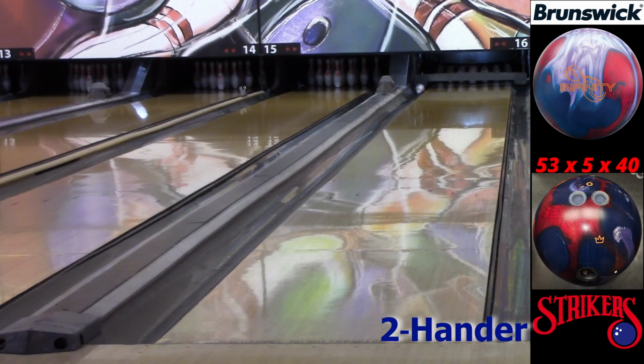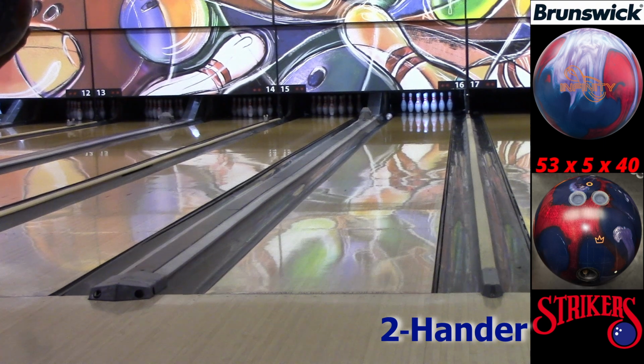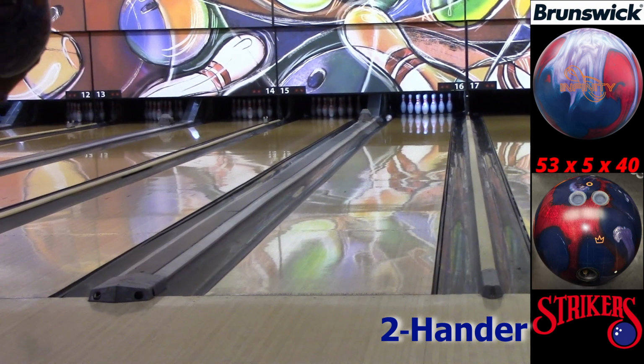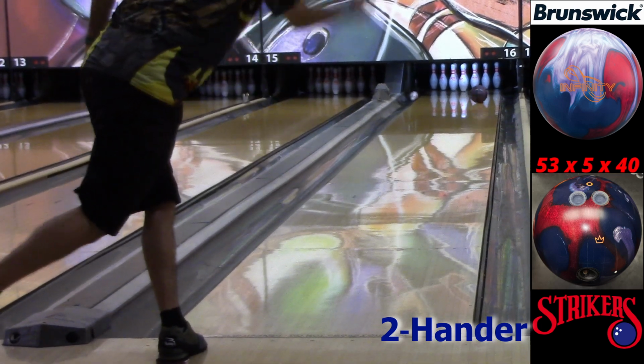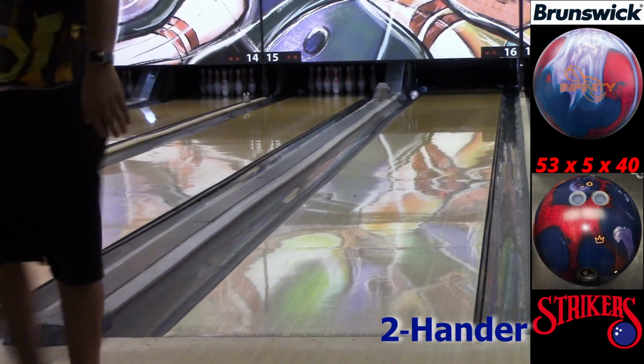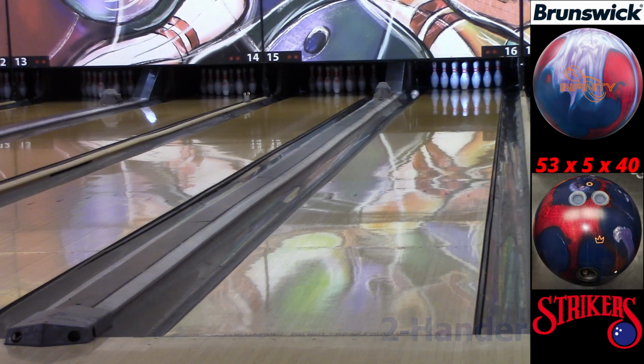Okay, so this time get it right, Jamal. Third time's a charm, right? Then I'll zoom out a bit so you can see it, and then I'll zoom in when he goes. Nope, I lied again. All right. But he hit it harder, he says, so it came back. So that's what a two-hander can do with the ball. Hopefully you get a different kind of viewpoint. Maybe if you're a two-hander watching this, I don't rev it as much as they might, so you get to see it. So I'm going to throw a couple more,